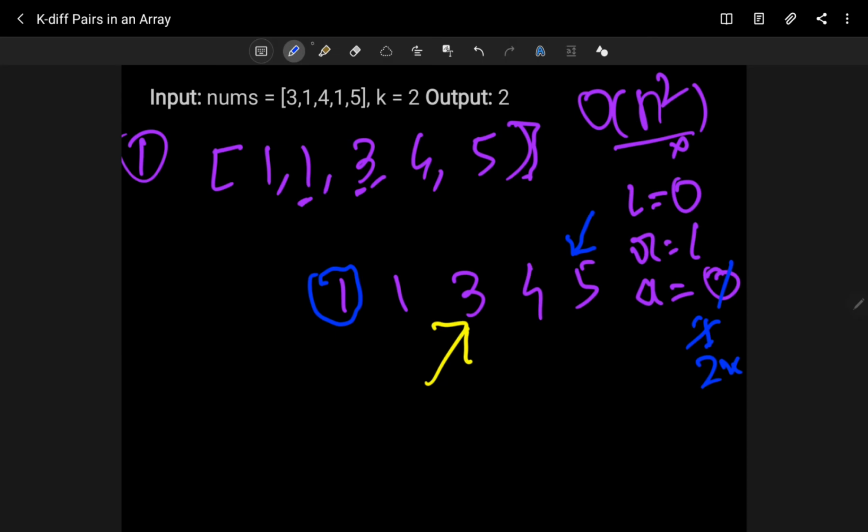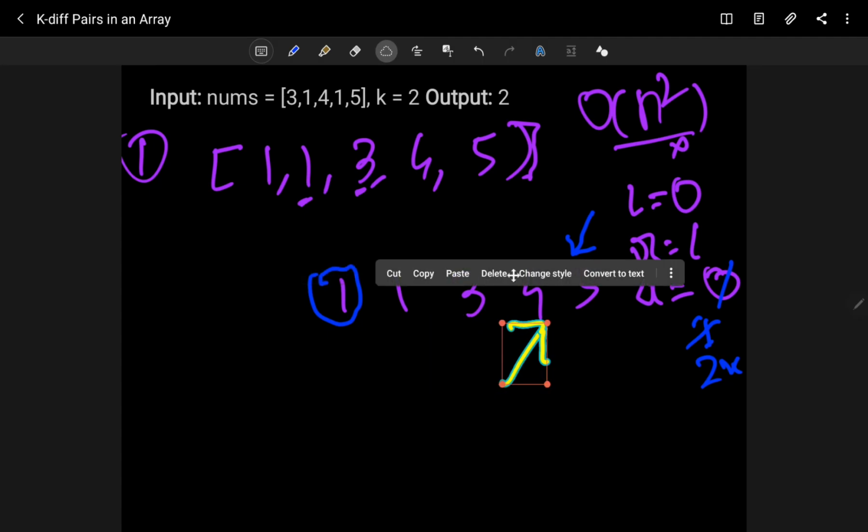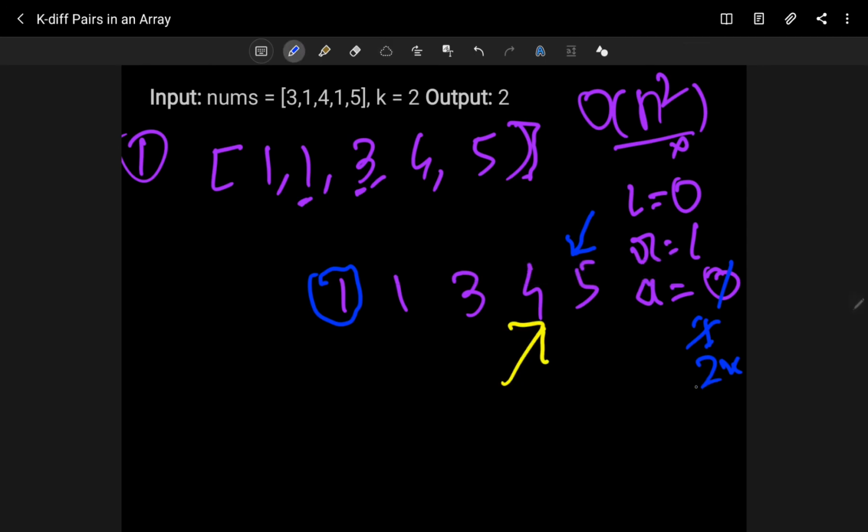Okay, after that what else? Again whenever I find one pair, I will increment my left. So now left will point to here, again I can see the difference is 1, then again I will increment my right, but it will now be outside our array length. So whenever I see either left or right is outside our array length, that means we need to stop execution there and return this value. So in this case our answer is 2. So basically using this approach we can solve it.